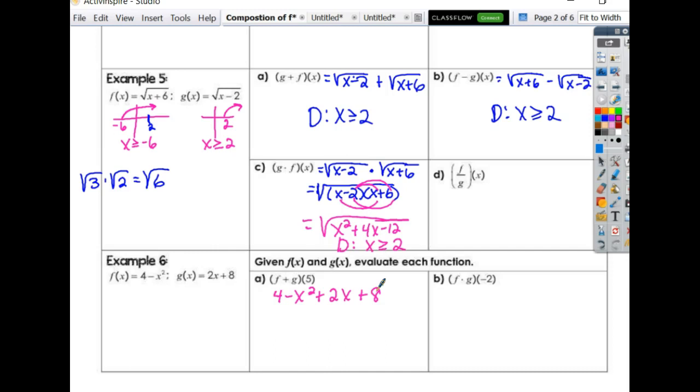So the last thing I want to do is just plug the 5 in where the x is. So that's going to give me 4 minus 25